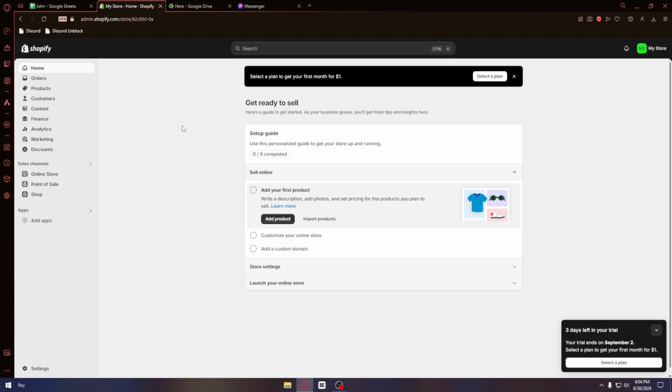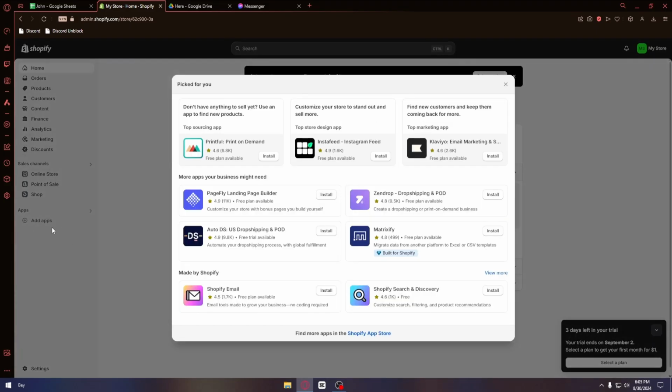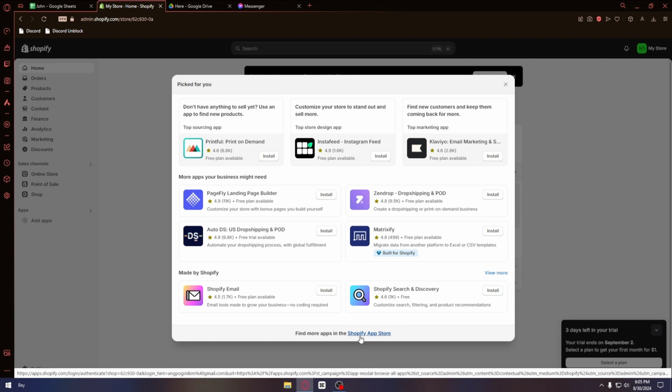Now I am inside my example Shopify account right here, and the first thing that you want to head into is the apps category. Now you can just go ahead and click on the add apps button, and from here below the pop-up menu we have the Shopify App Store. You want to go ahead and click on it,